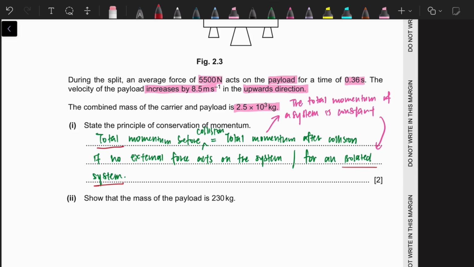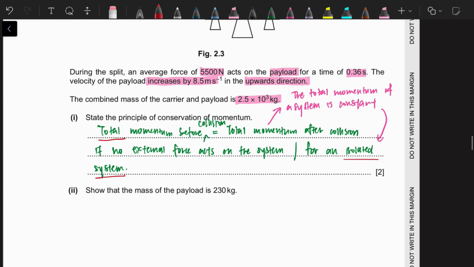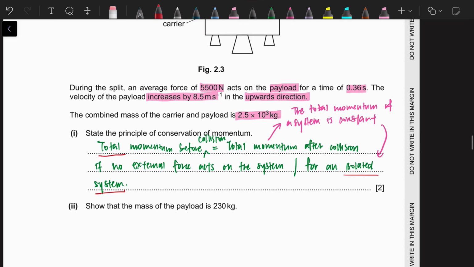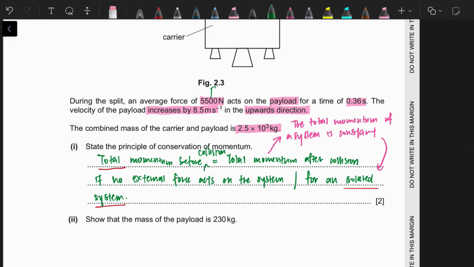Now, show that the mass of the payload is 230 kilograms. Do we have information? Yes, we definitely do. We have a force here. We have the time here. We have the change in velocity here, because they say increases by. Keyword is by. That means the change, the change in velocity, final and initial, is 8.5